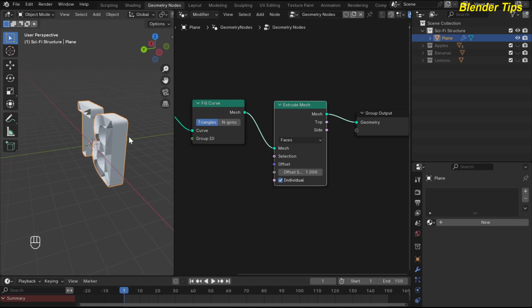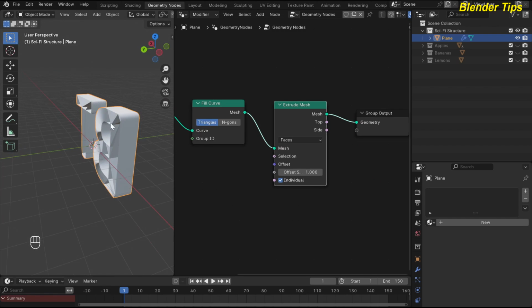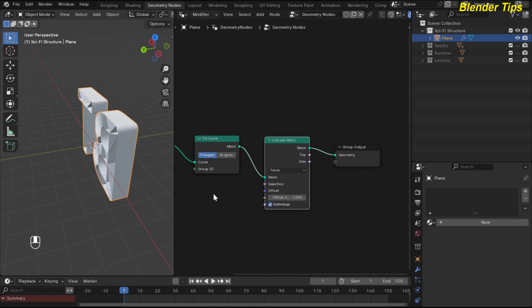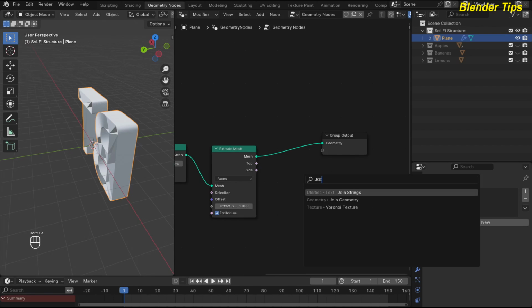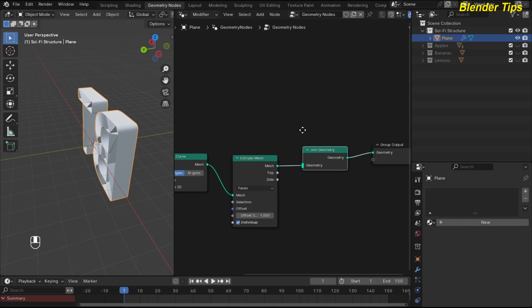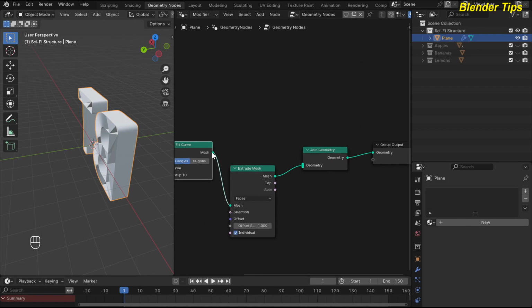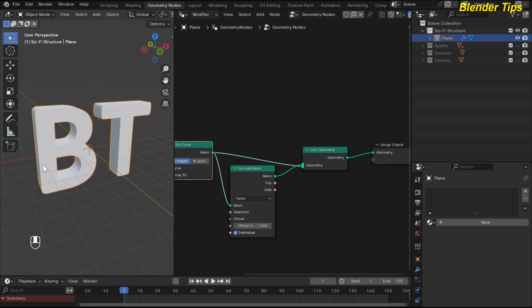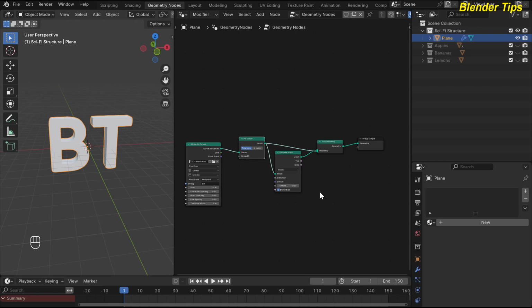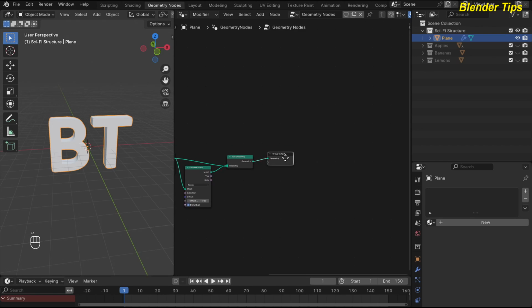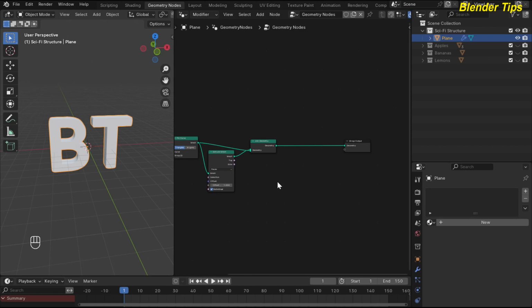And here you can see the back of the text is empty. To fill this, here I added the node which is the join geometry, and use this value into the join geometry to fill the back of this text. Now it's looking beautiful. Now I search for the node which is the mesh to volume,